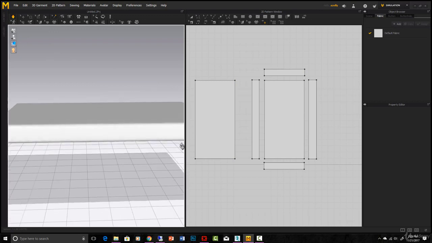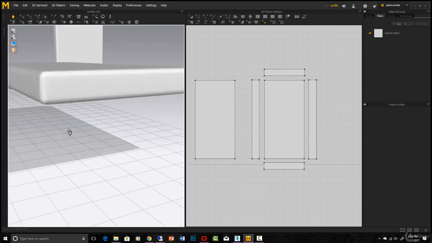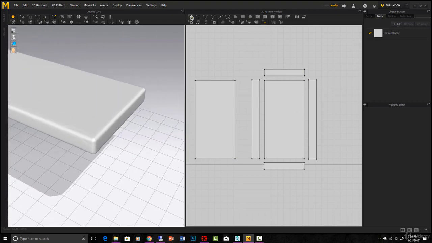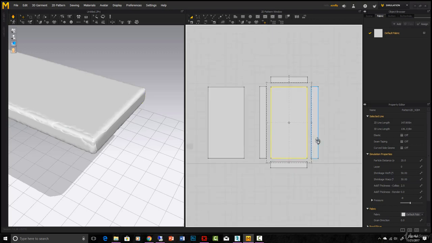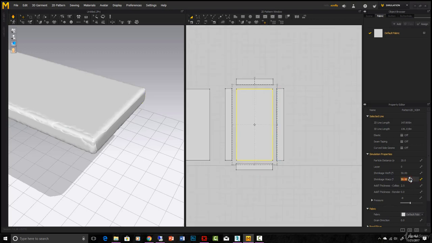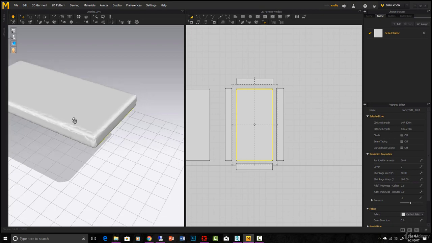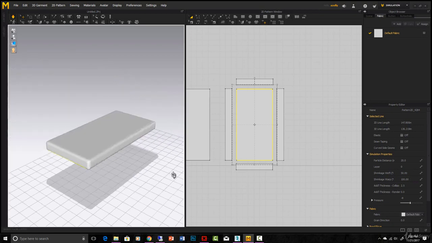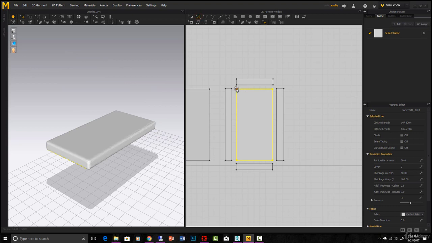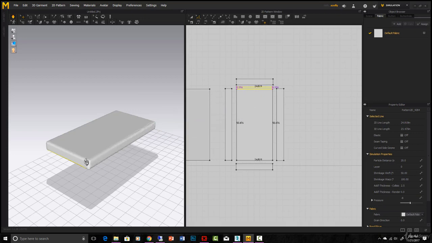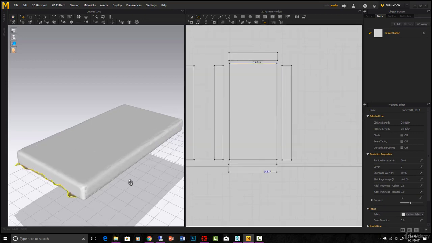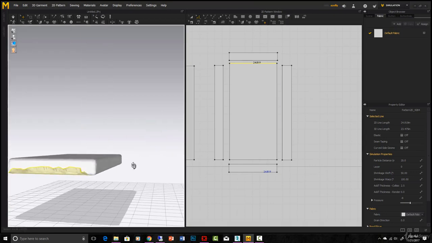Now you could mess with this for a long time to get the seams all working properly. You can always go back into these fabrics and adjust their properties, make them shrink more, shrink less. One cool thing you can do, let's see, if you do this back to 100, you see a lot of wrinkling going on. You can actually just take these shapes and edit them in real time, like that,